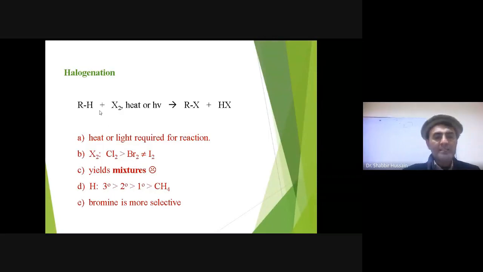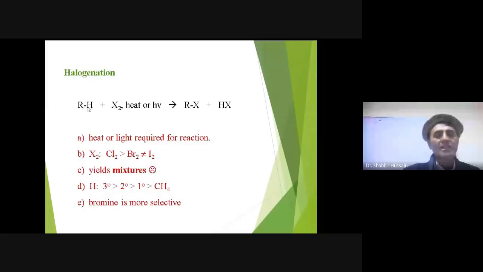The other point is that with alkanes, you know very well, methane, ethane, propane, butane, pentane, hexane, heptane, octane, nonane, decane, undecane, and so on, right? And there are isoalkanes, neoalkanes, and normal alkanes. We know very well. So when we react with butane or propane, we get